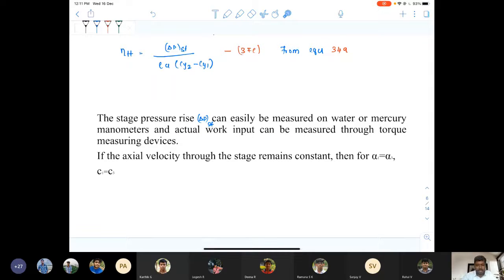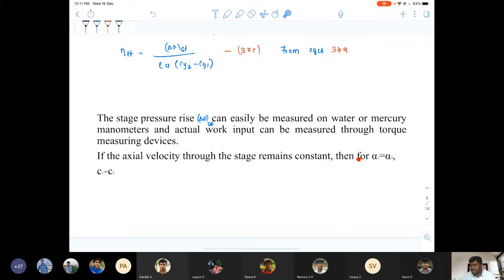That is, the stage pressure rise can be easily measured experimentally by using a water or mercury manometer, and the actual input can be measured through a torque measuring device. Any torque measuring device can measure the stage pressure rise value. Okay, and if the axial velocity through the stage remains constant,